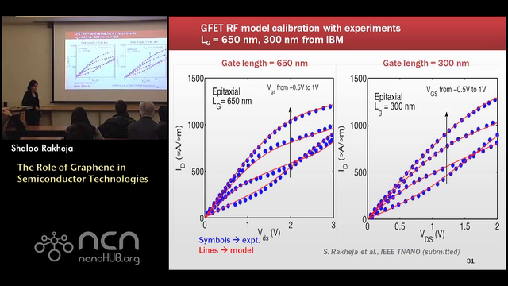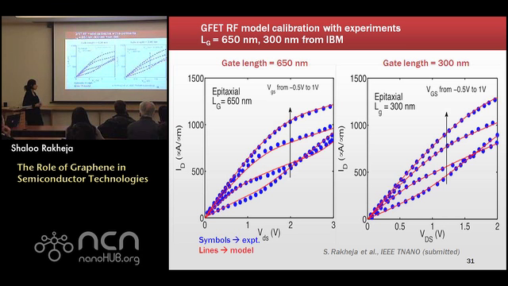All right, so we did experimental verification with a lot of different kinds of devices. For the IEDM paper that I did last year, we used data from MIT and Columbia University. Over here, I'm showing you the data from IBM. These are epitaxial devices which are done on silicon carbide. And they were very generous to give us data for gate lengths ranging from 650 nanometers all the way to 40 nanometers. Now, these are the output curves of 650 and 300 nanometer devices, and the symbols are the experimental data, and solid lines have been obtained using our model.